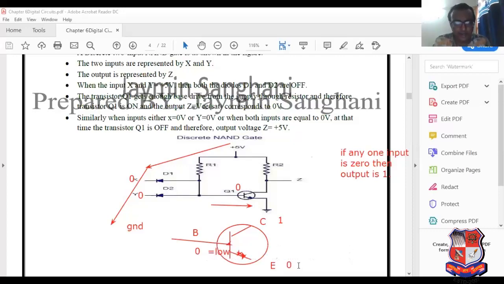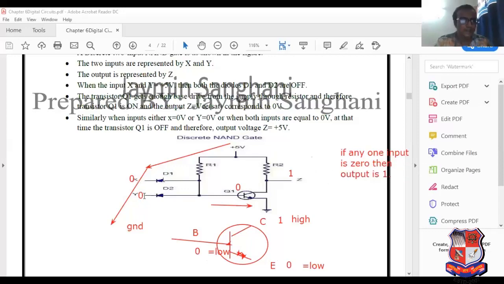And here also we can get low voltage, but here the voltage is high. Why? Because in common emitter configuration, the output has a 180-degree phase shift. If base is low, then collector is maximum. So if we apply 0 volt here, then the output is 1 volt. See this, for 0, 0, output is 1.